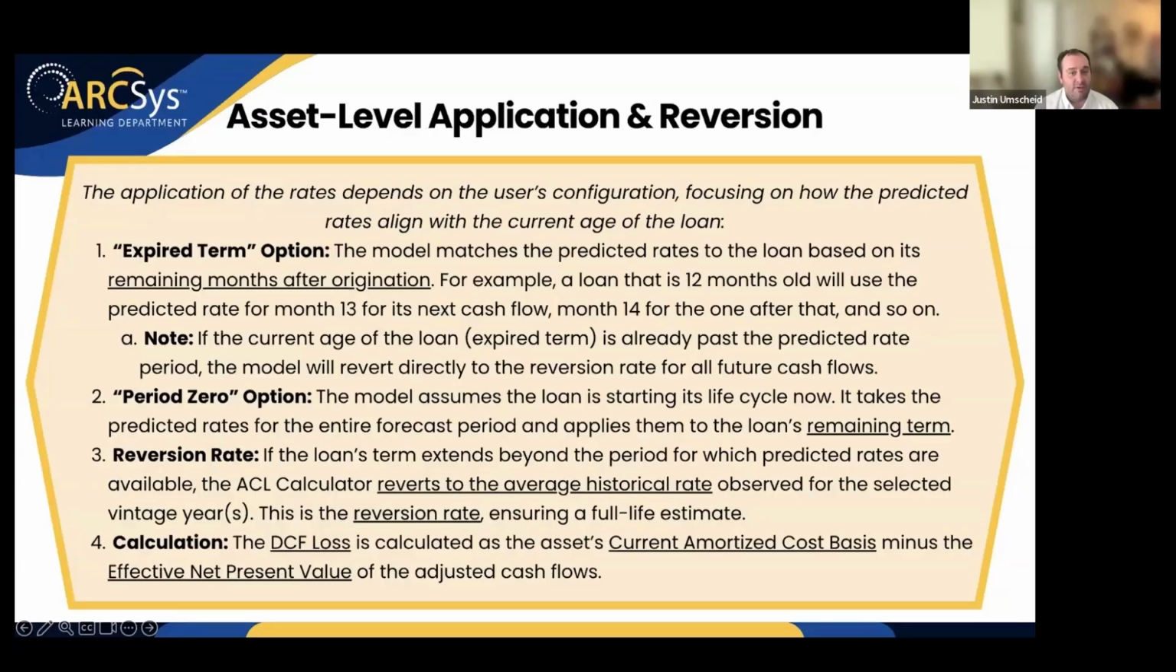Meaning if I'm forecasting 24 months and the loan's already 12 months old, it doesn't care about where it is in its life. It's just going to run the entire forecast and then move it to the reversion. So it treats every loan the same in regards to the assumptions that you're building in. Meaning, and I'm going to explain this better when we get to a graph here in a second,